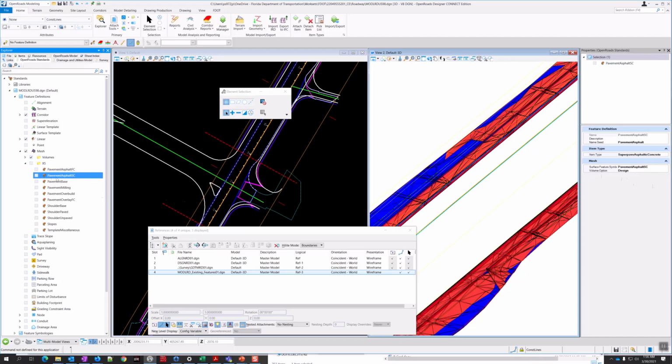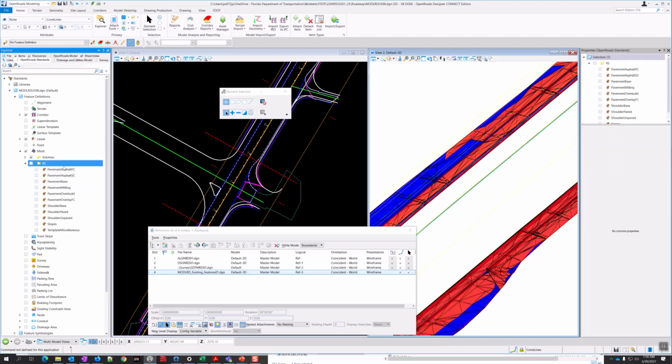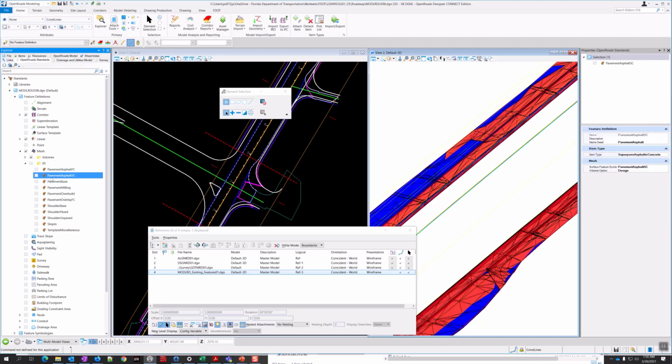This is part of the reason we have separate ones for the overlay, the overbuild, and the pavement asphalt, so we can get those earthwork calculations done separately. Also, probably so you can do a different pay item easier and just assign it to that whole feature definition.